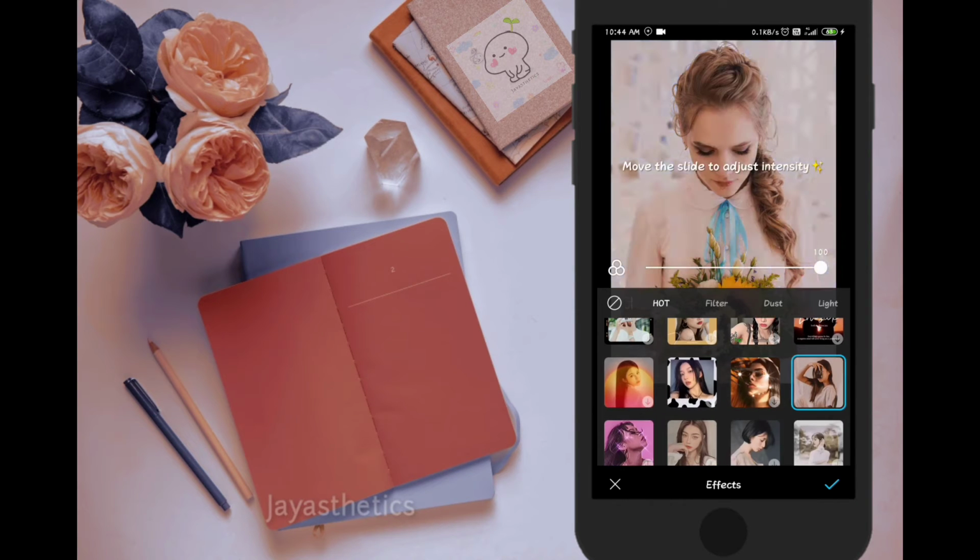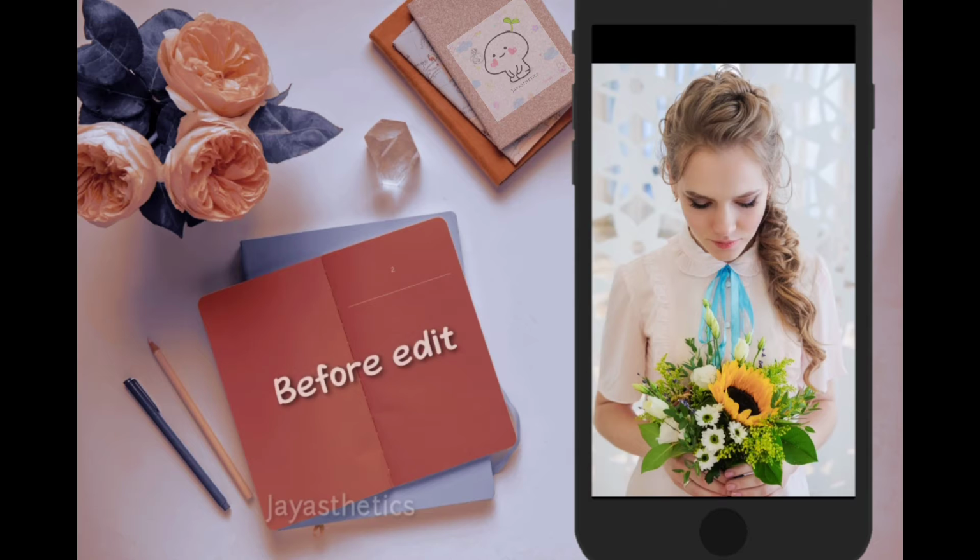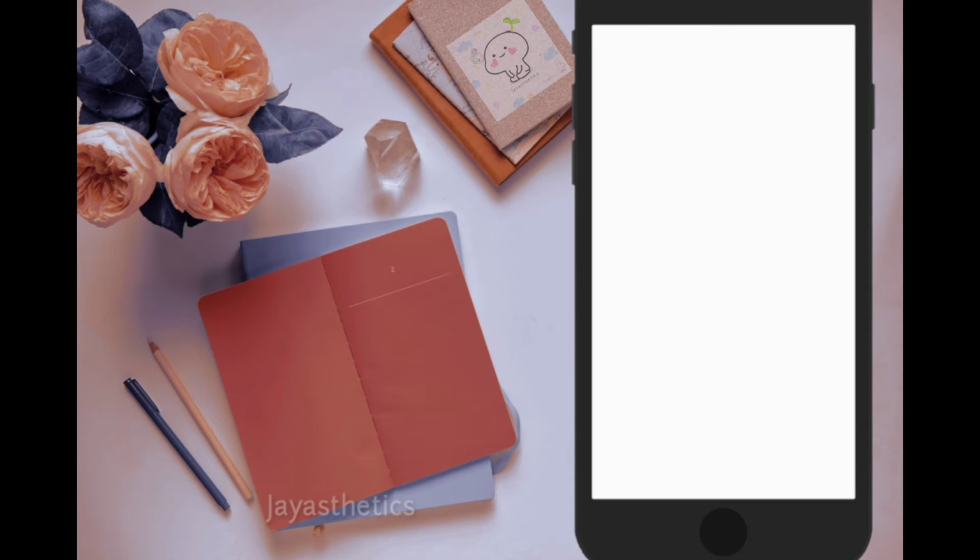It is not similar to B612 but has better filters. And now see, the photo is saved. Now I will show you the difference between the original photograph and the edited one.